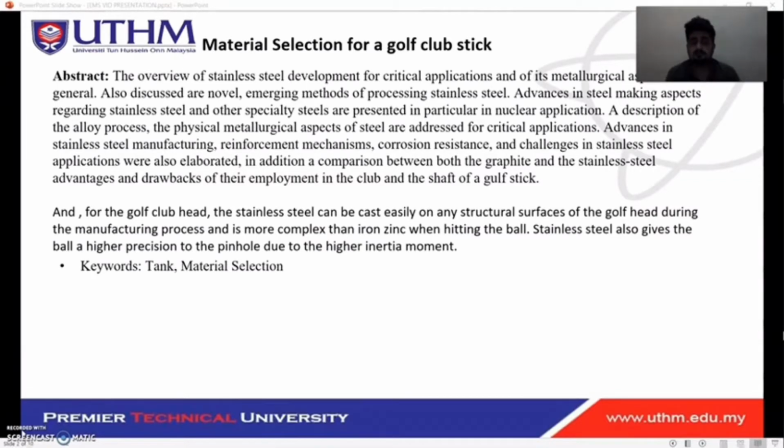And for the golf club head, the stainless steel can be cast easily on any structural surface of the golf head during the manufacturing process and is more complex than iron zinc when hitting the ball. Stainless steel also gives the ball higher version to the pinhole due to the higher